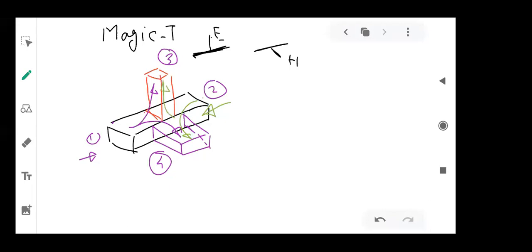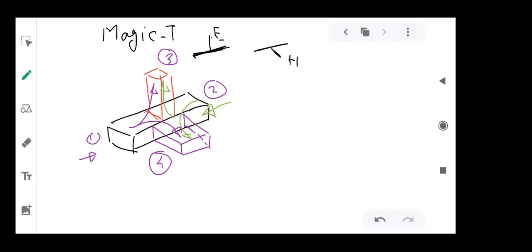So you can see that the behavior of port number 1 and port number 2 are both the same. So that's why I said that randomly you can number them. Whether you call this port number 1 or port number 2 as port number 1, the behavior is going to remain the same. It's not going to change.